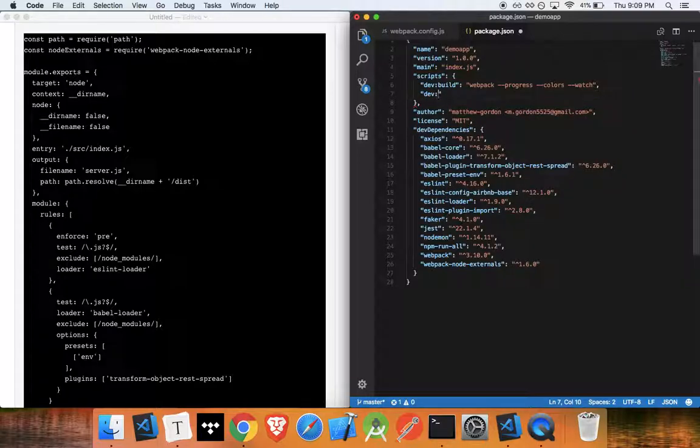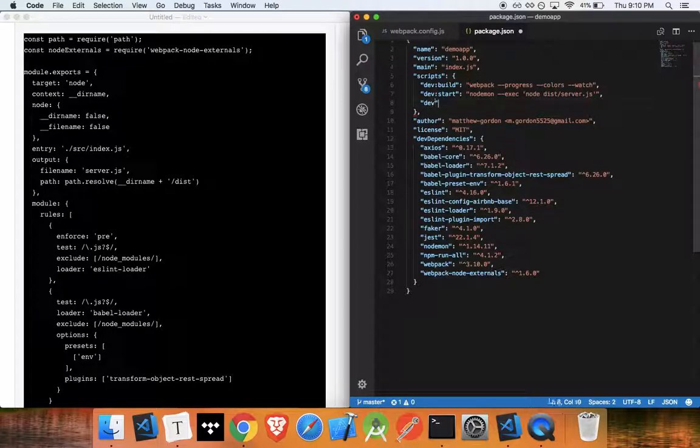Okay, then we're going to do dev start, all right, which is going to be our no daemon. All right, and then we're going to put an execute flag on there, and inside of single quote strings, we're going to do node, and we're going to do it to the directory with the compiled server, so that we actually have the minified server running. All right, and then we're going to do finally dev, just dev,